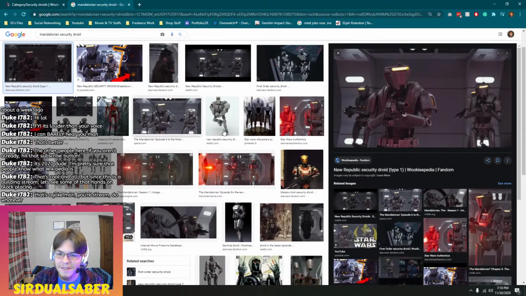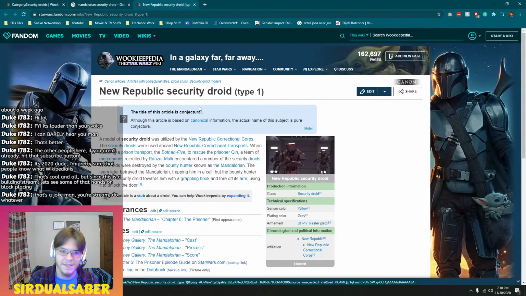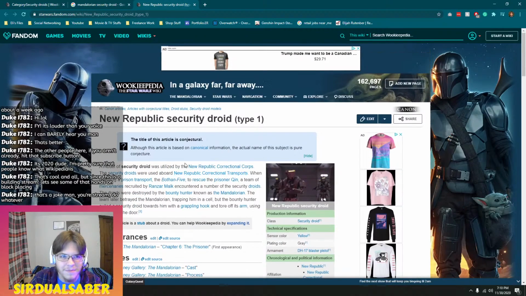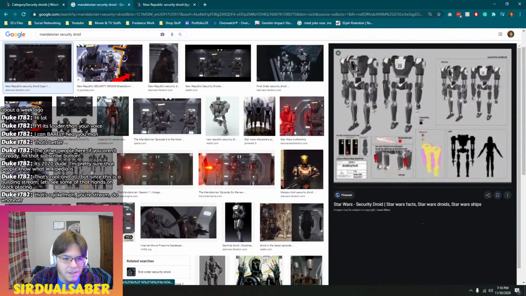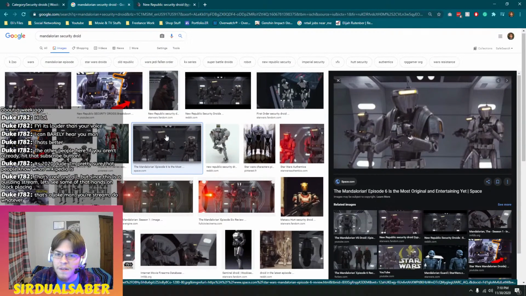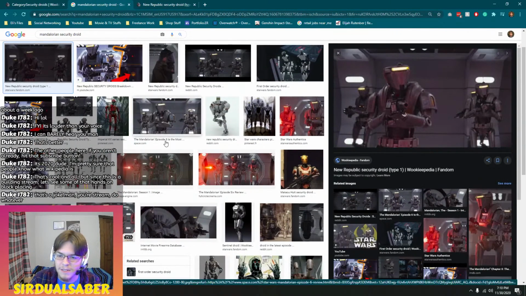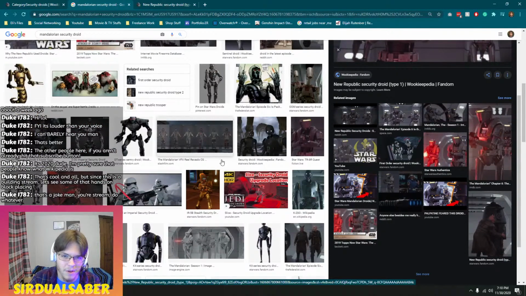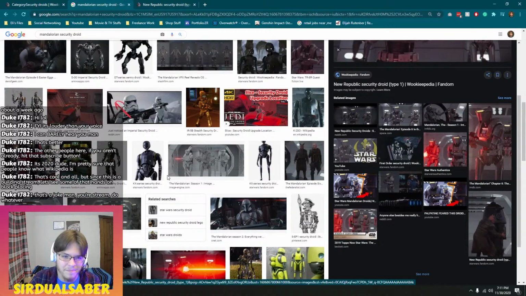So, what... Oh, Wikipedia article. Take a look at these. A model of security droid was utilized by the New Republic Correctional Corps. They were used above correctional transports and the like. Interesting. I wonder if there's more... Is this concept art? Looks like it. Are there any fuller pictures we can get of them than that? I suppose we could just look at the show and pause when the menu's on them. But,